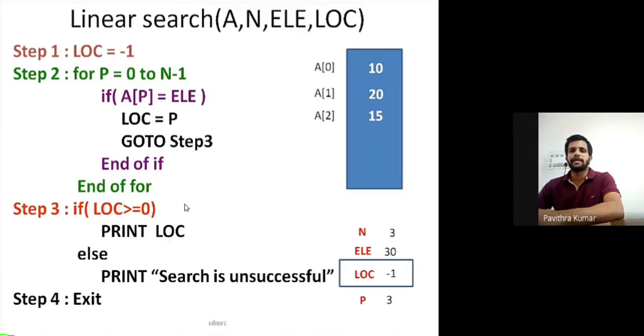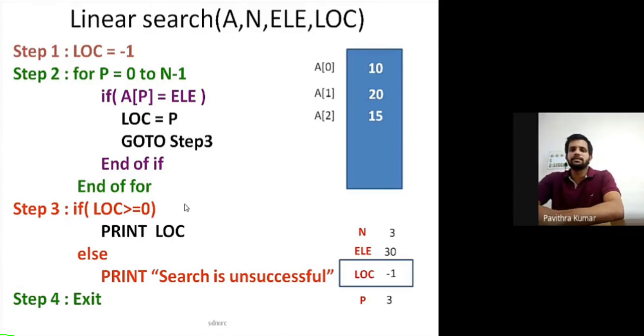I'm going to come to the else part. So what is there in the else part? You are going to print some error message, that is, search is unsuccessful. Your searching element is not present in the array. That's why I will execute the else part. It says search is unsuccessful. As far as if else is concerned, either you will execute the first part or you will execute the second part. As the condition is false, I will execute the second part. In the second part I have included search is unsuccessful. Then step number 4, exit. Because I am done with my operation, right? I will terminate my operation.